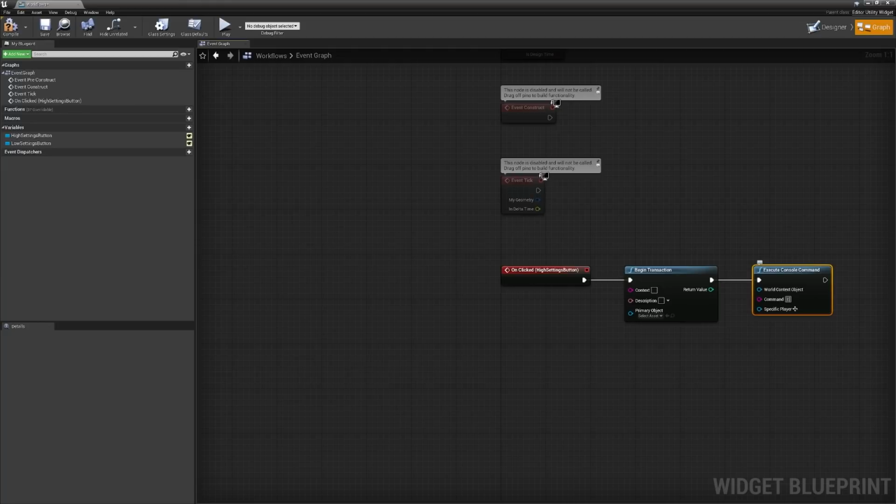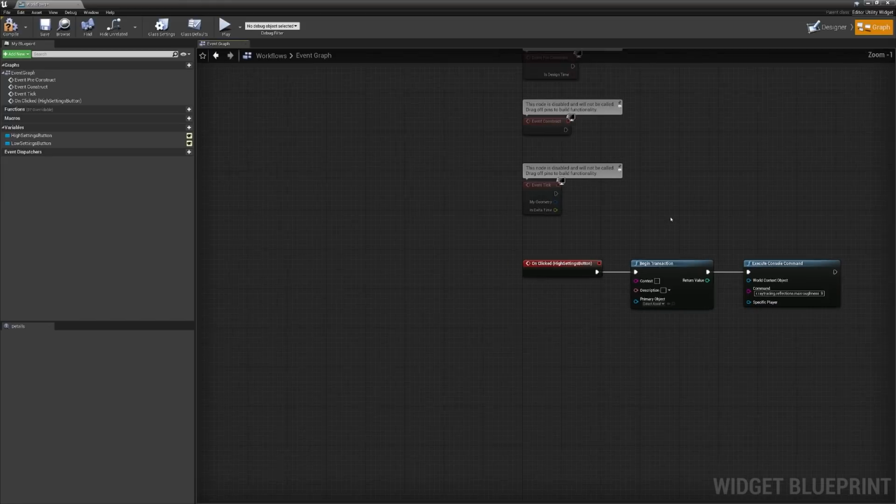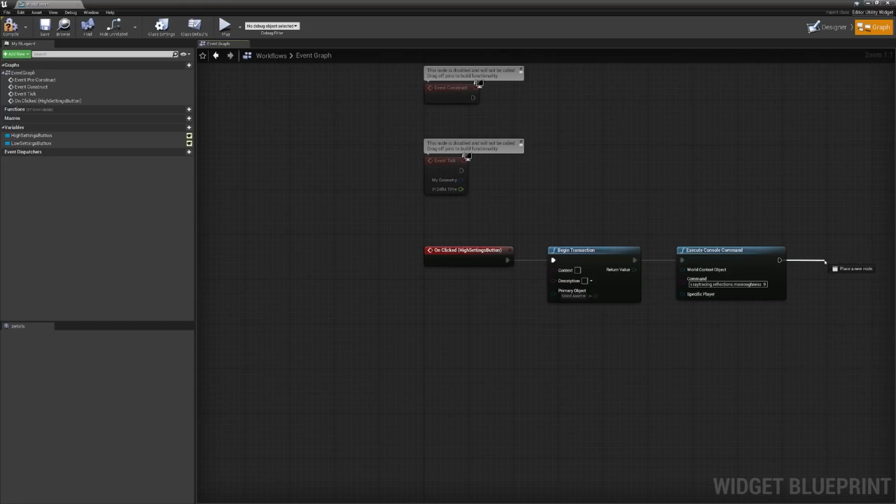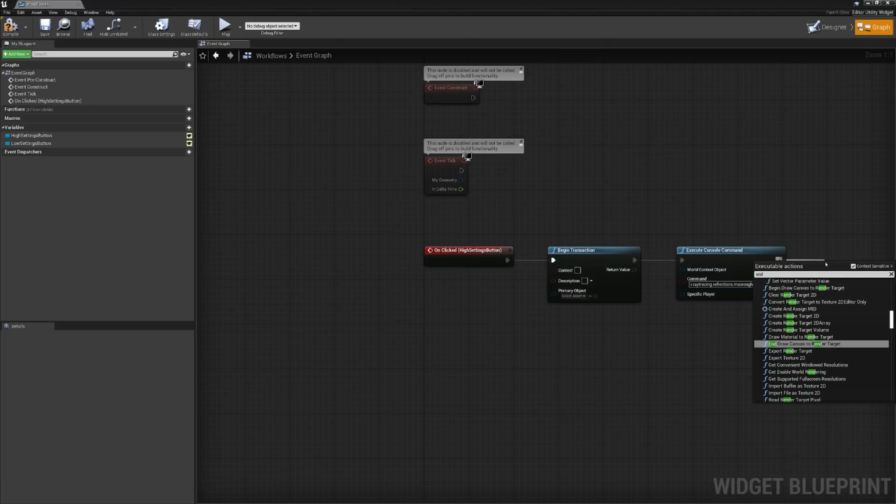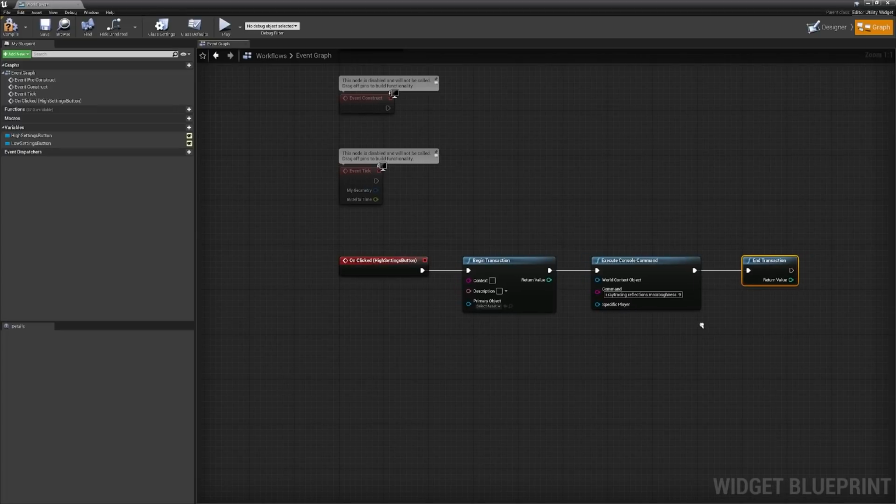So let's type in r.raytracing.reflections.maxroughness space, and I'm going to type in 0.9. Now this is applying ray tracing to all materials that have a roughness of 0.9 and lower. I'll go ahead and end the transaction by dragging and typing in end transaction. So now we have our first blueprint set up.